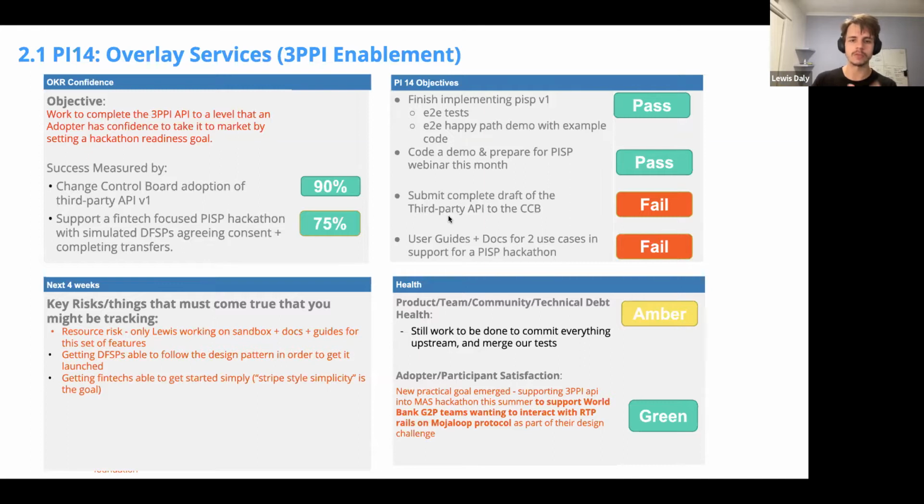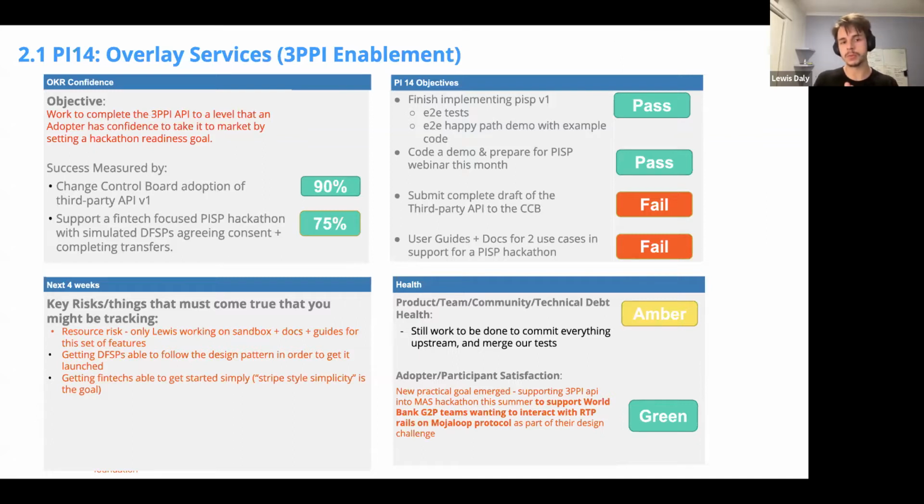I think I'll talk about that a little bit more in the next section. I'm just seeing if there's anything else on this slide I need to look at. That said, the CCB is mostly happy with our proposal. We need to tidy up a few things and really just go ahead and finish submitting it. I'll run out of time to do that with our resources.